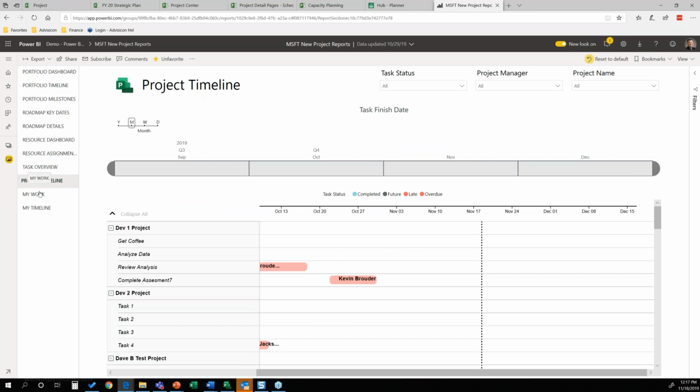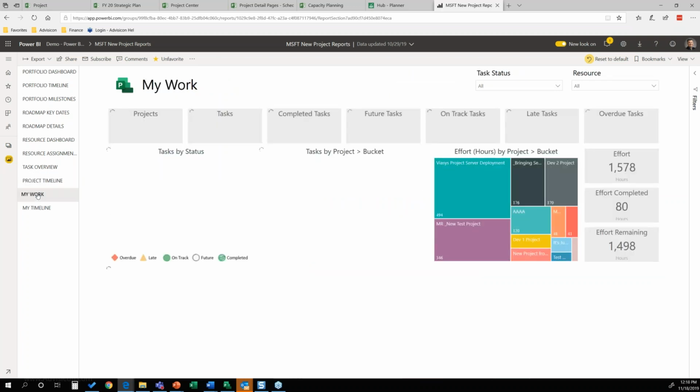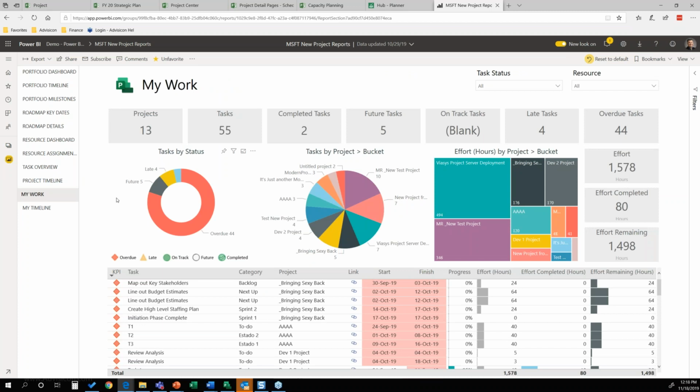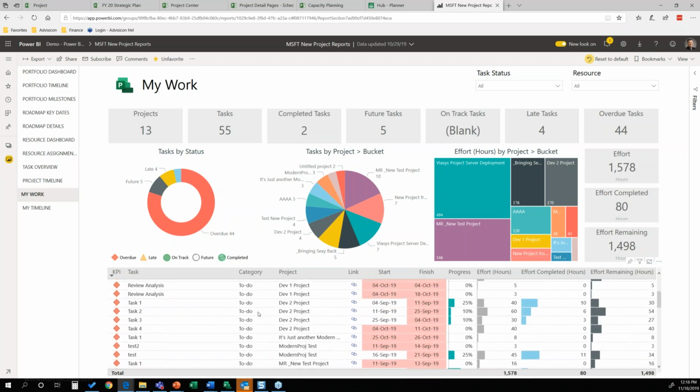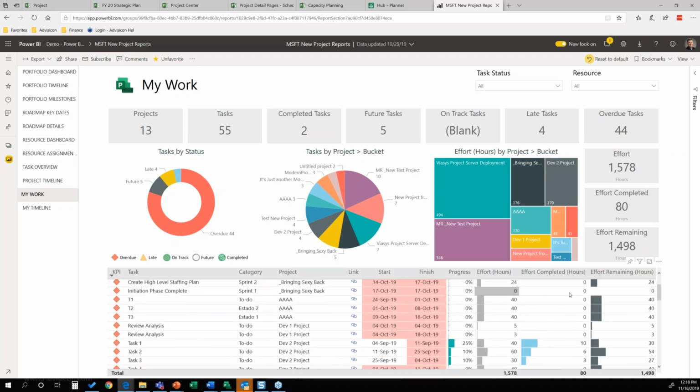But what we get into, in many cases, is that the end user needs a simple dashboard that says, hey, maybe I'm on multiple projects. I don't want to hop in between those. I want to look at my work, or work assigned to me. And I want to look at how many things I've been built out with, what I've been assigned to, what the tasks are that we're playing with, and what I'm working with. So I have a personal dashboard. I can see what the progress is, the effort remaining. Very similar to the task view, but this is more appropriately aligned to just the individual who's logged in